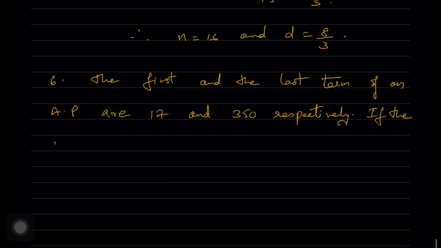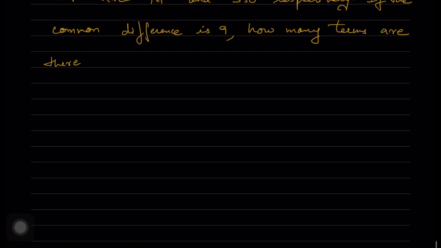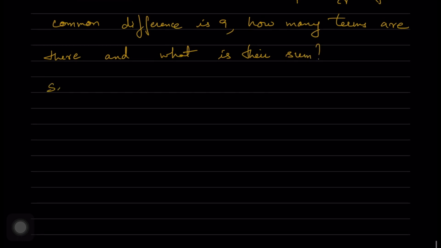If the common difference is 9, how many terms are there and what is their sum? So solution,